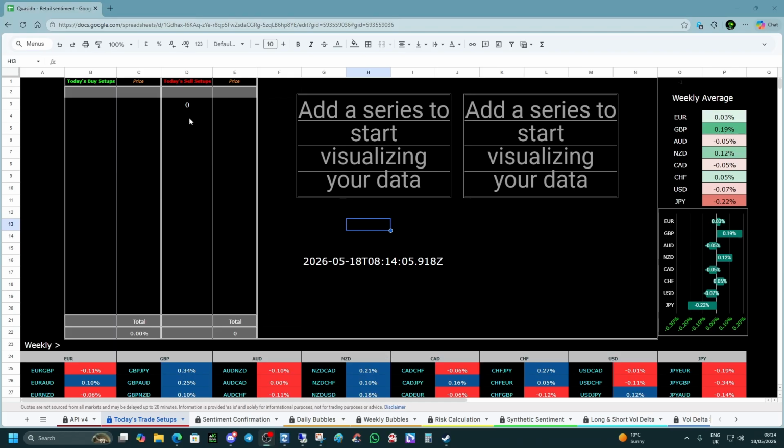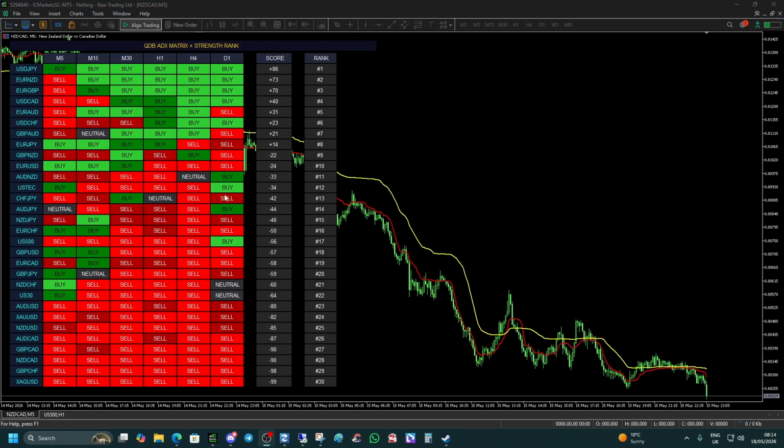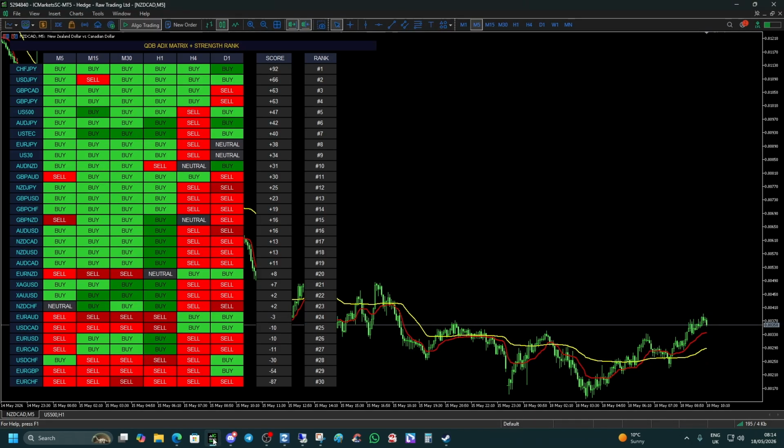Basically doing well. There aren't any signals today, which is really unusual, but it can happen. Normally we get a few buy, a few sell, but currently at the moment there isn't anything, so it's kind of like sit on your hands really. We'll look at the indices and we'll also look at what the strongest and the weakest pairs are.